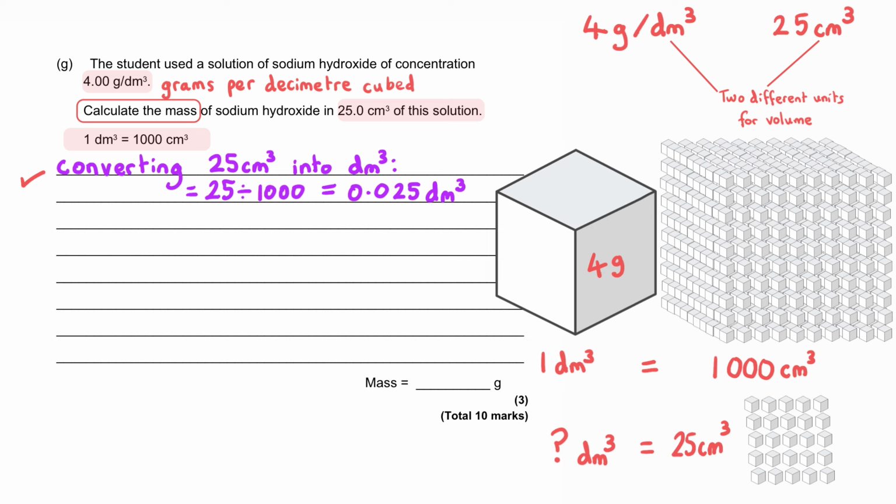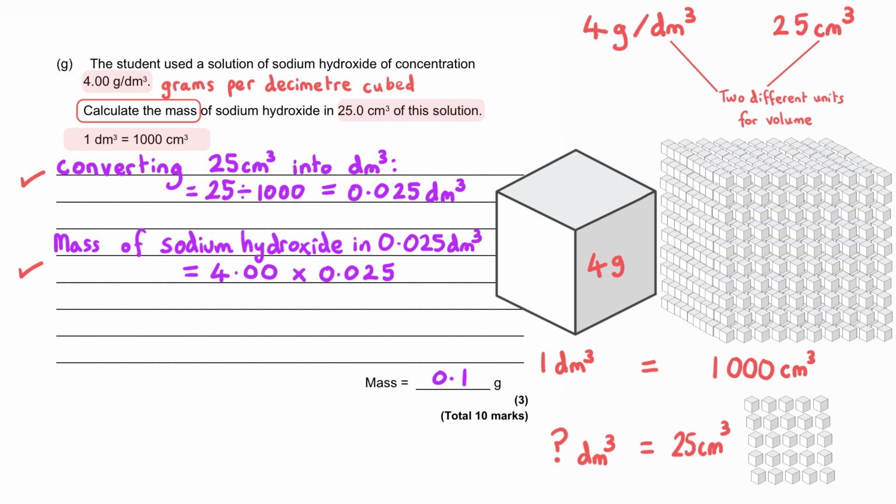And the concentration of 4 grams per decimetre cubed is equivalent to saying, if we had 1 decimetre cubed of this solution, we would have a mass of 4 grams of sodium hydroxide dissolved in it. Now, we've got quite a bit less than that, but all we need to do to work out the mass of sodium hydroxide is to multiply the concentration of 4 grams per decimetre cubed by the volume we've got of 0.025 decimetres cubed. And so when we plug that number into the calculator, we get a mass of sodium hydroxide